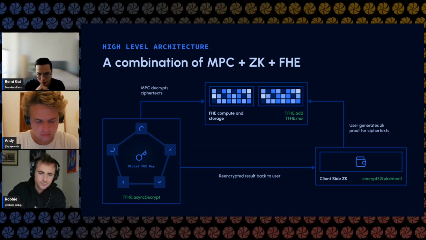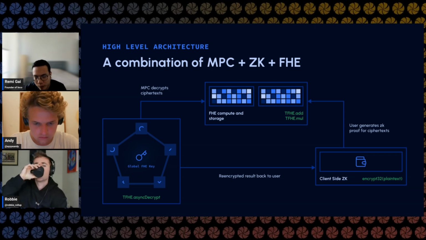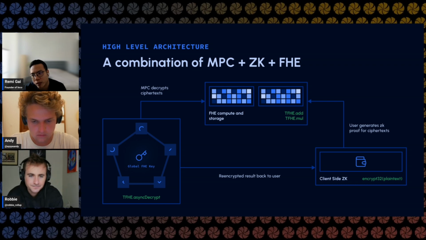The second thing you're proving is, as you're encrypting the plain text into the ciphertext, you also generate a ZK proof that you know what the plain text is. And this is, I'll say, important in Web3 because we're still supporting public blockchains. So it is possible for someone else to copy paste your ciphertext and then try to deploy it somewhere else and decrypt it, right? So this acts as a gating mechanism. The only way for you to input ciphertext into the system is to prove that you also know what the plain text is. So this is what the ZK proof also includes.